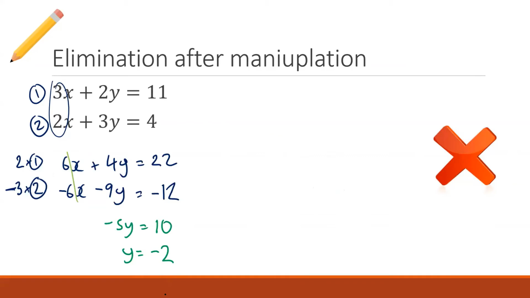You guys actually might disagree. You might be like, I actually like substitution better. But I think I don't have to deal with multiple term fractions. It's just a quick and easy thing like this. I can then just take this, and just to wrap this up, we'll substitute y equals -2 into equation 1. So 3x plus 2 times -2 equals 11. 2 times -2 is -4.